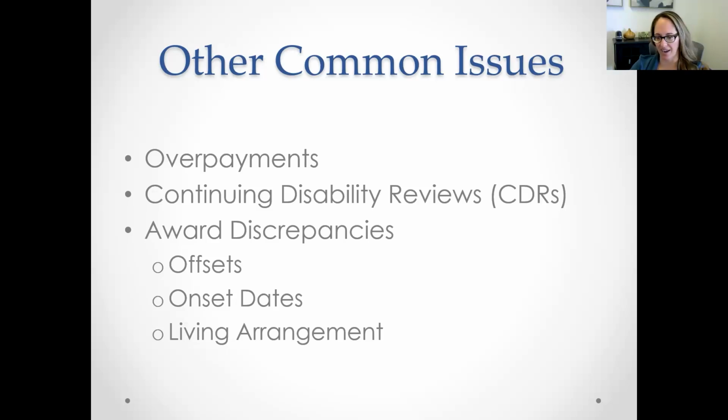Or finally, for SSI, let's say you're living on your own, but the people who calculated your SSI say, well, we think you're living with someone, so we're going to reduce your monthly amount. Again, if Social Security is wrong, you can appeal it. So you might get a favorable decision, but things might happen afterwards that come up.